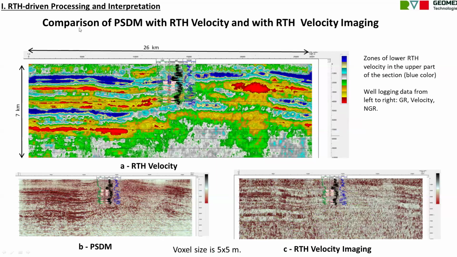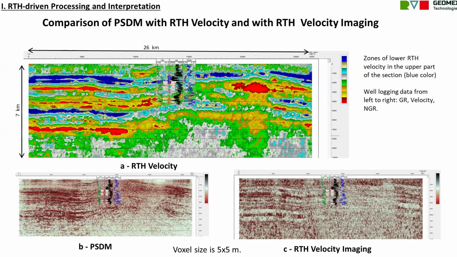This is a similar comparison of pre-stack depth migration at the lower left with the RTH velocity at the upper, and lower right, so-called RTH velocity imaging, which I mentioned, similar by design and by result, by resolution. It is very similar because this is obtained from the velocity software hub, RTH, very similar to RTH full wave FWI